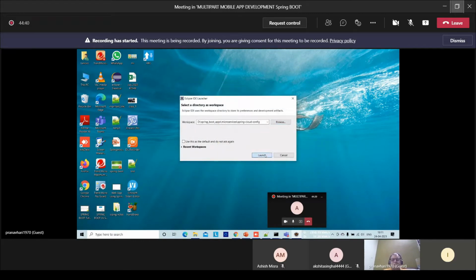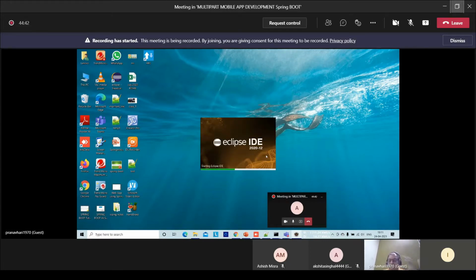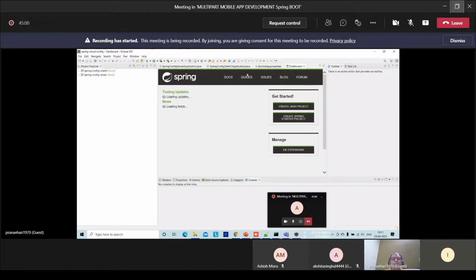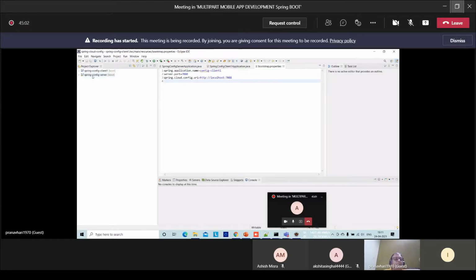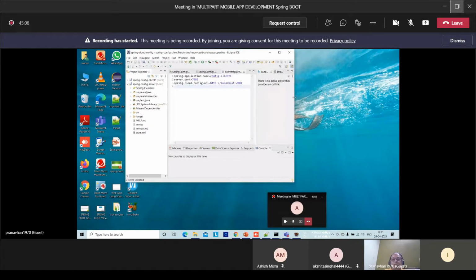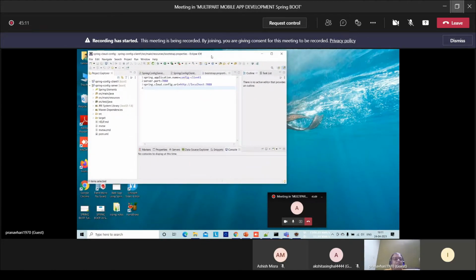Select the full launch. There is a bit lengthier step, so in order to save time, what I did is, from the beginning, first we have to create. Let me keep two windows side by side.